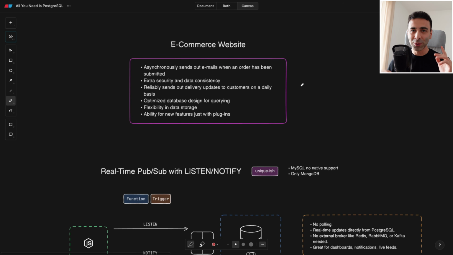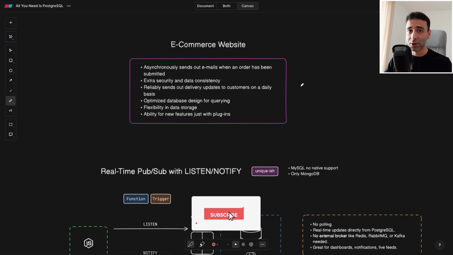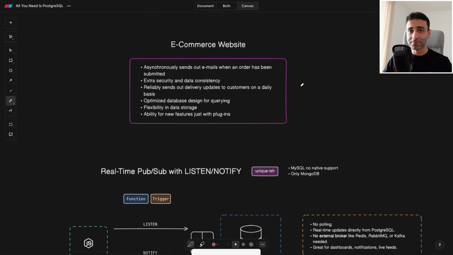I'm going to prove that you can achieve a lot of things just by using a simple Postgres database. No need for message brokers or complicated logic within your app. Now it's a bold statement, and we're going to try to replicate an e-commerce store with its usual use cases,